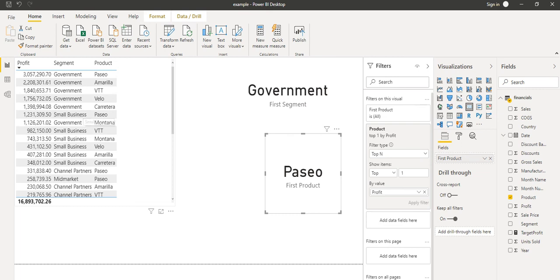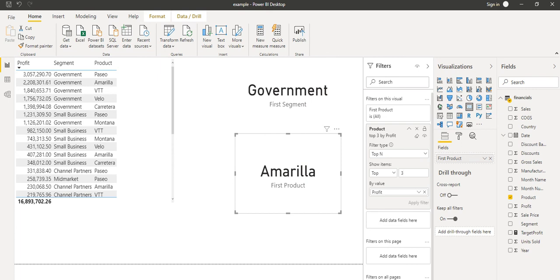Now, instead of this one, if I go for the top two, what will be the result we want to see? In that case it is showing the same product. Let's make it top three and see what the product is based on the profit. Based on that top three, we can see the product name is Umbrella. So in that kind of scenario we can use the text card, if as per our requirement we want to show the data as a number or as text. Based on that we can show that particular data in the card.